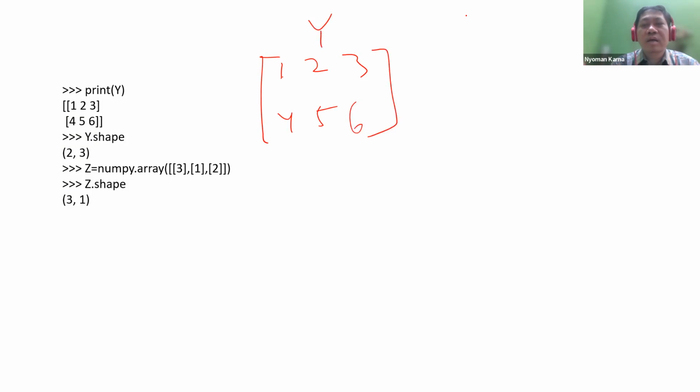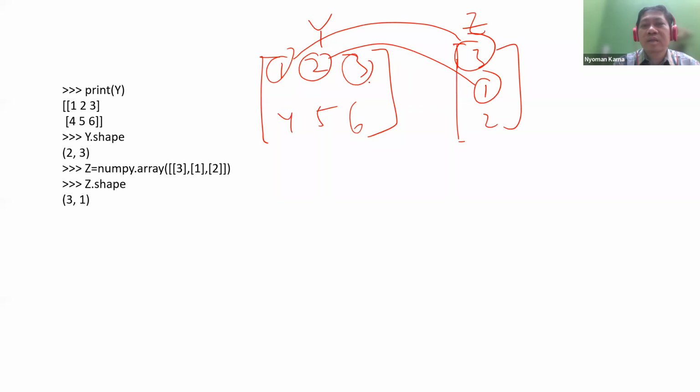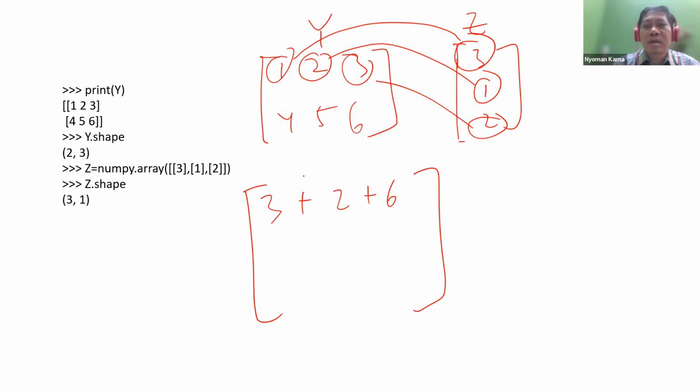And then z, we have 3, 1, 2. So the result will be this times this, plus this times this, plus this times this. So 3 plus 2 plus 6, and then the second value will be 4 times 3 is 12, plus 5, plus 12.